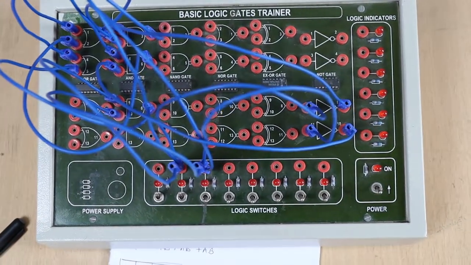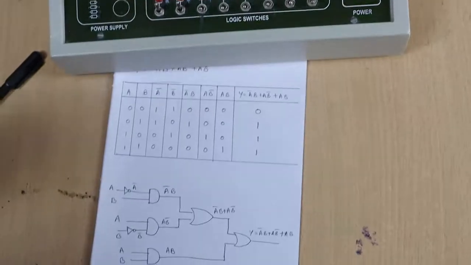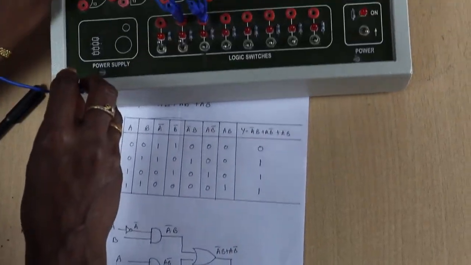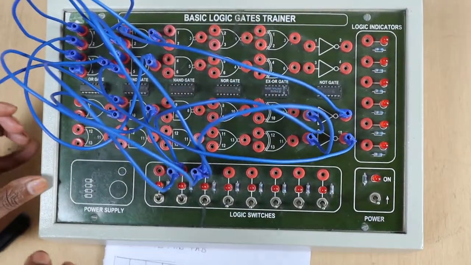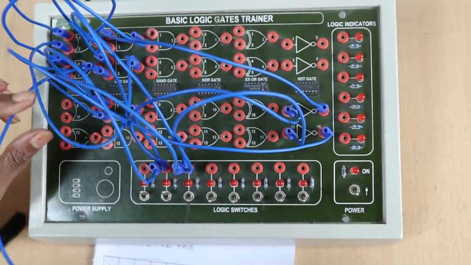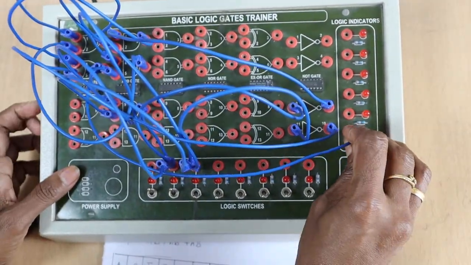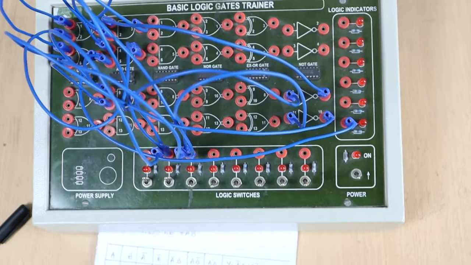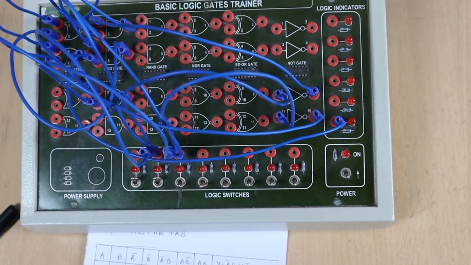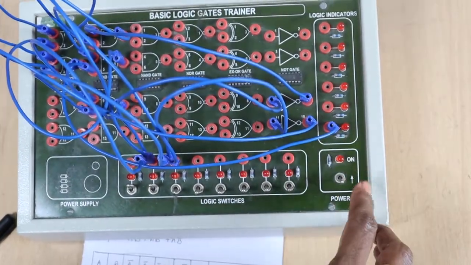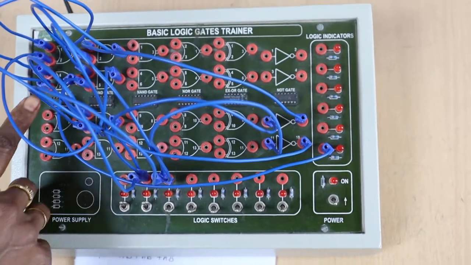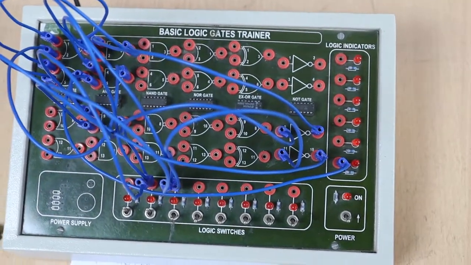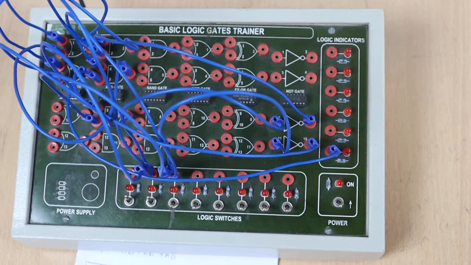And finally only one output. So, here the output of the second OR gate is connected to one LED to verify the output. So, finally, only one output terminal is used in the Boolean expression. Now, we can see the connections.